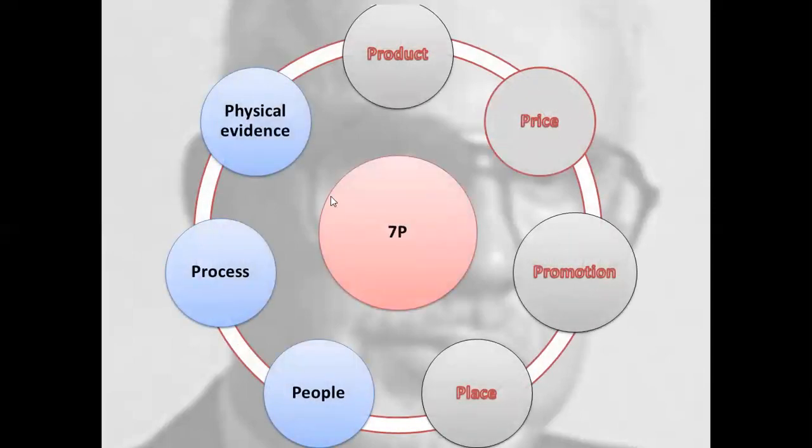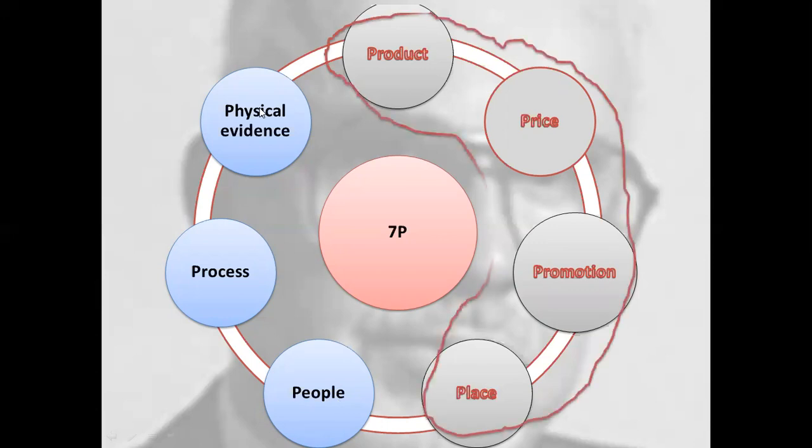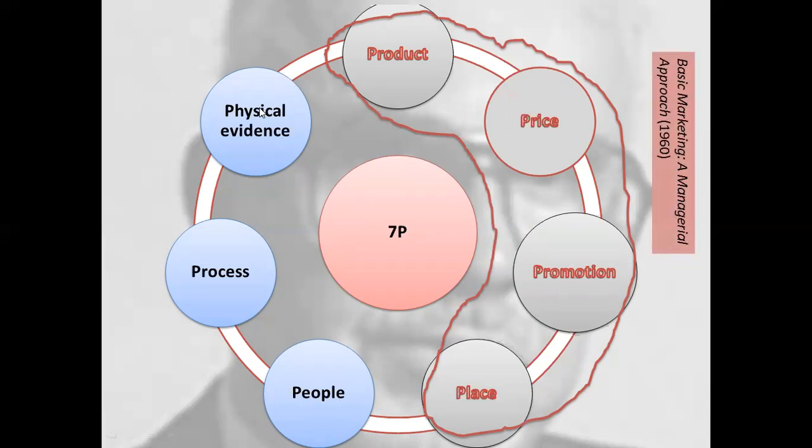So let's look at the 4 P's one by one. We have these 4 P's: product, price, promotion, and placement. And this 4 P framework has been extended since it was first proposed in 1960. From time to time it has been extended, and now in addition to product, price, promotion, and placement, it includes people, process, and physical evidence. So this is what Jerome McCarthy proposed in his book on marketing in 1960, Basic Marketing, a Managerial Approach,